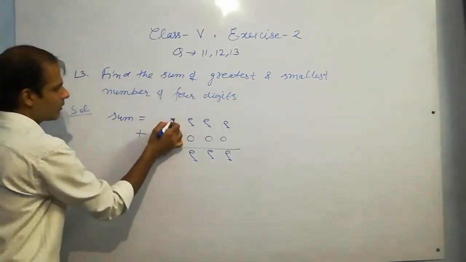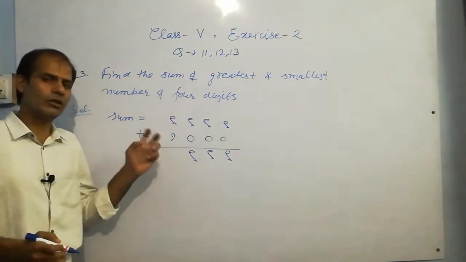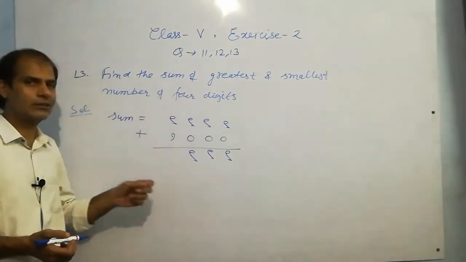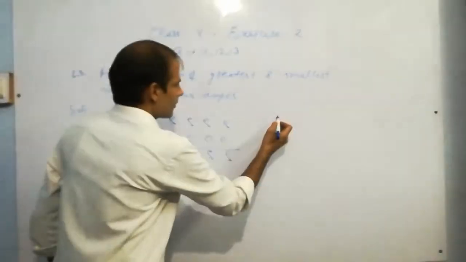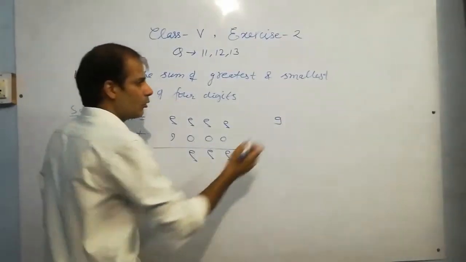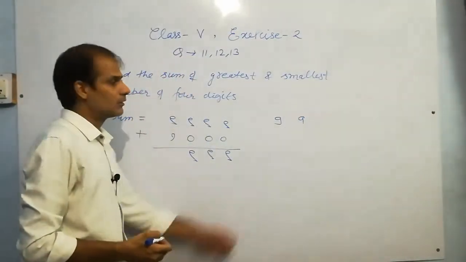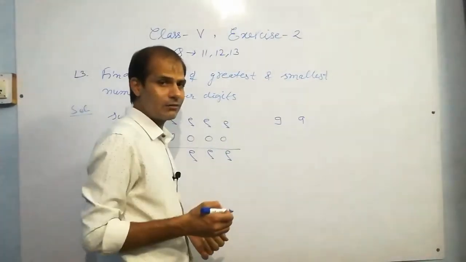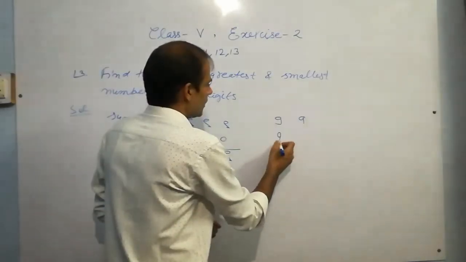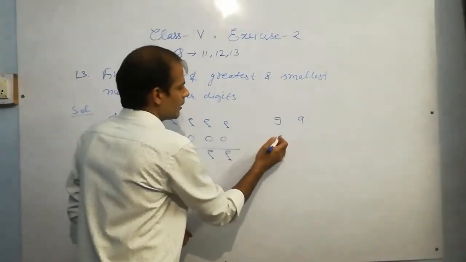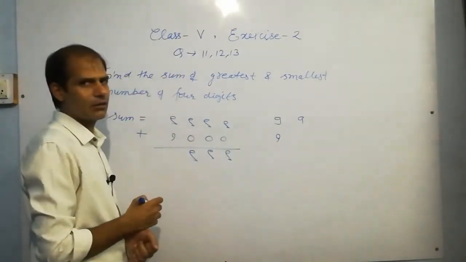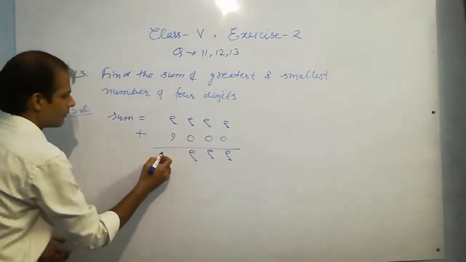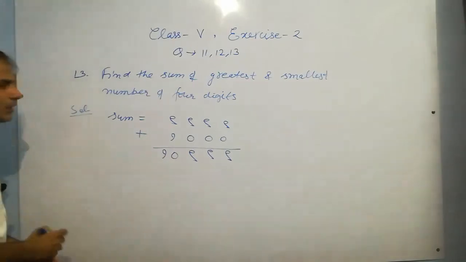Be careful. This 9 and 1, both digits are confusing. Don't think it is 9 because it is Indian digits. Sometimes you write it this way in the international numeral system, but in the Indian number system it is not 9. It's somewhat different, it is 1 only. So 9 plus 1 is 10, this is the answer.